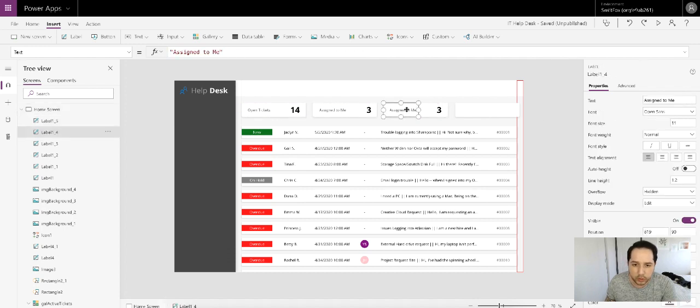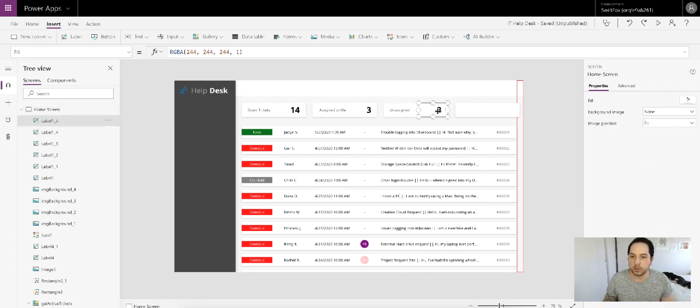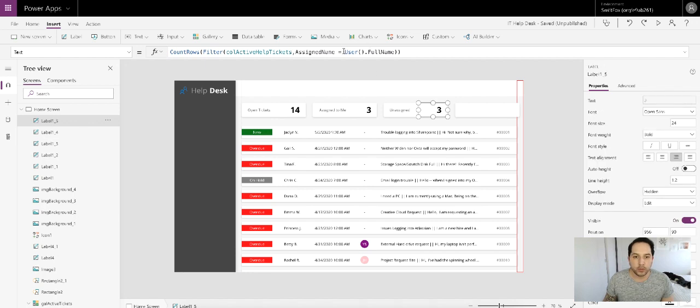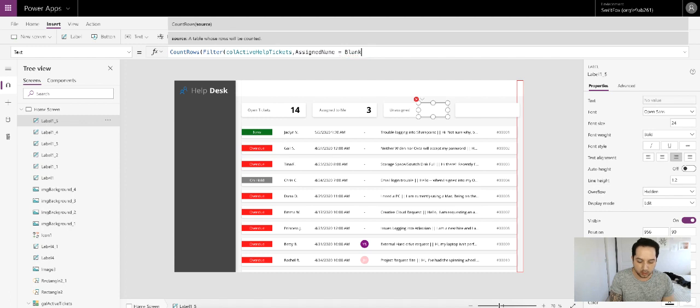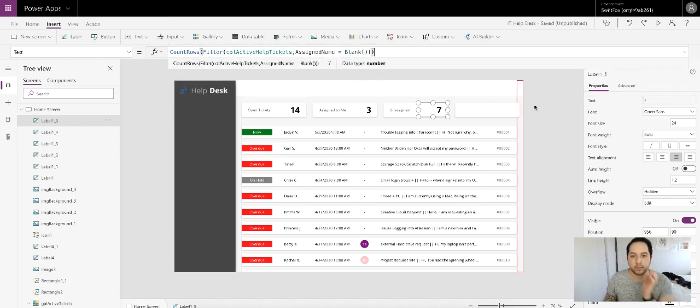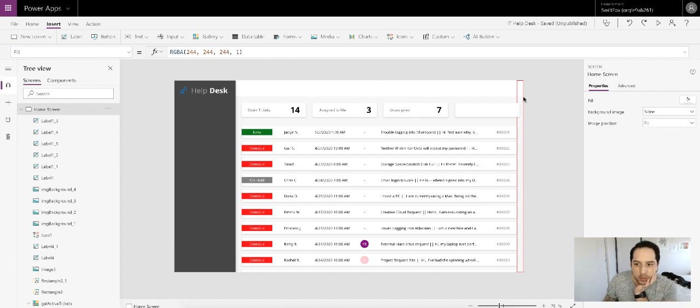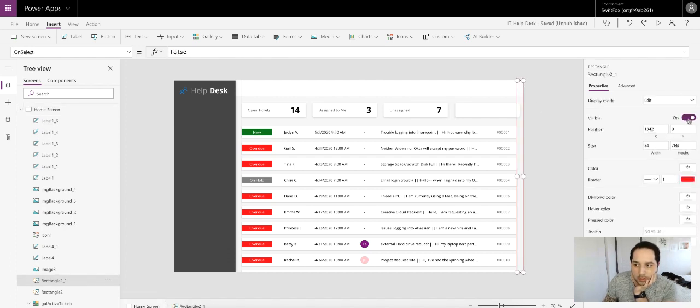All right, and this one we'll do, let's do unassigned. So we're going to do assign name equals blank. And then